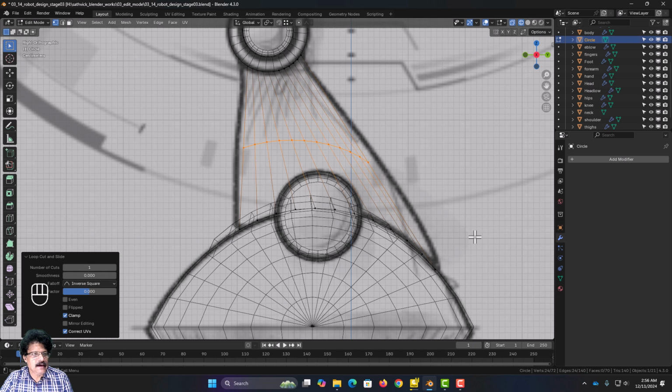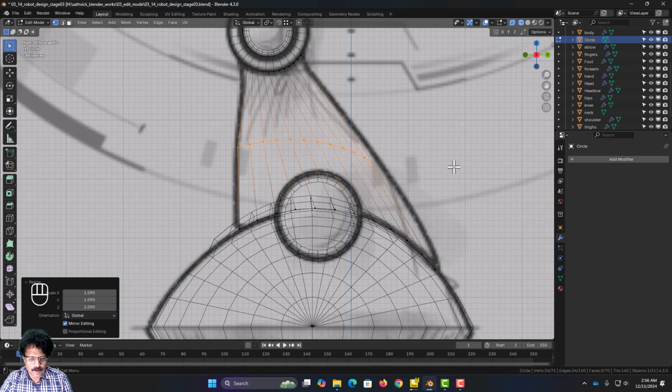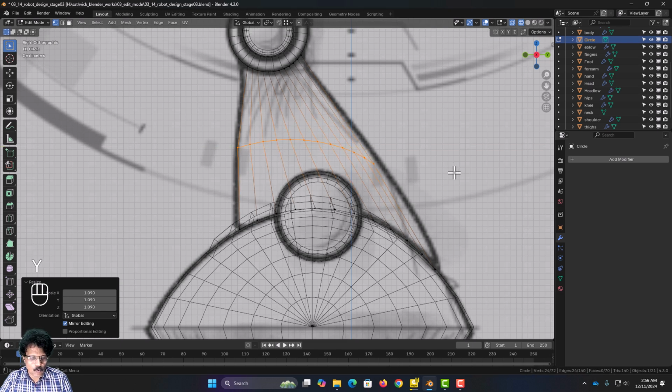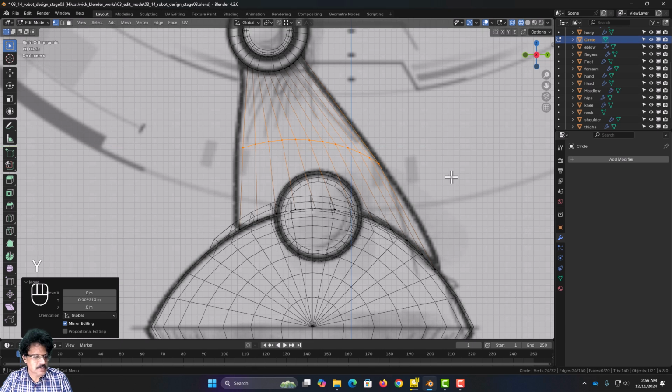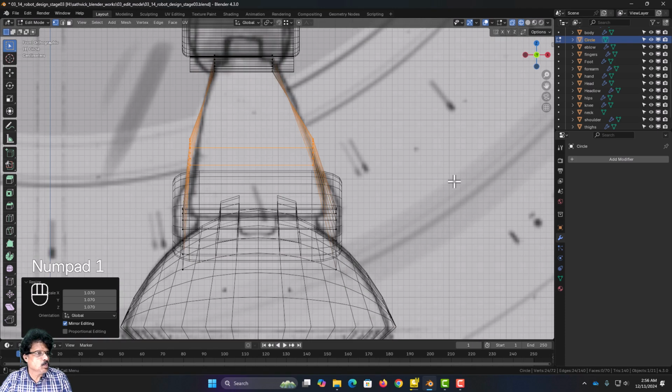I will right click and place it here, and then I will press S and slightly scale it up like this. I will press G and move it along the Y axis, G, Y, and move it up like this. If required, I will scale this a little more like this, and I will also press 1 and come into